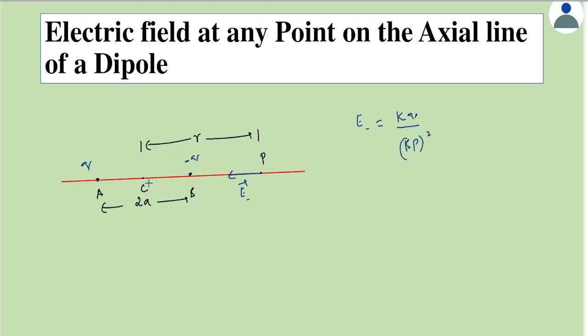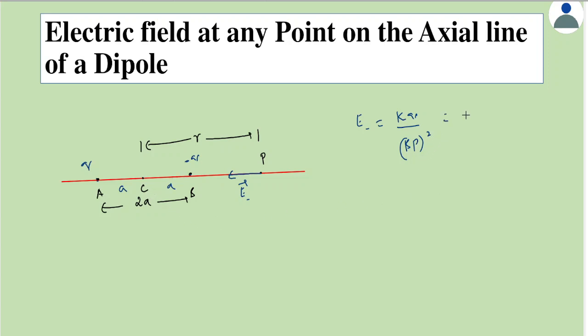In that case, the distance between C to B would be A, and then A to C would be A. So to get this distance as A, conventionally the distance between A to B is taken as 2A. Otherwise, if the distance between A to B is taken as A, then the distance between the reference point to any one end would be A by 2. So it becomes a little inconvenient to write the equations. For that purpose alone, it's been called as 2A, nothing beyond that.